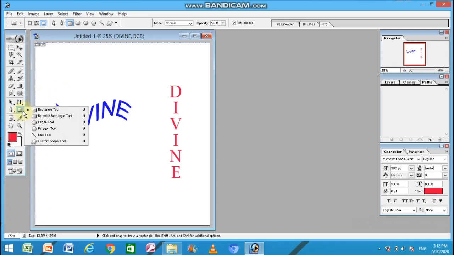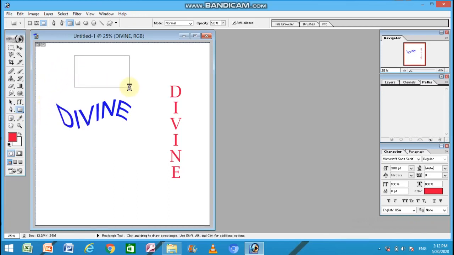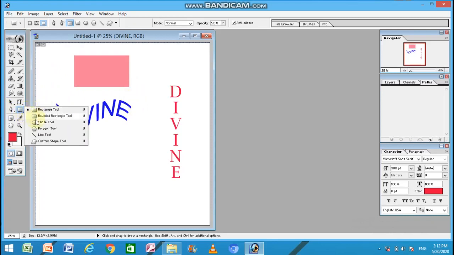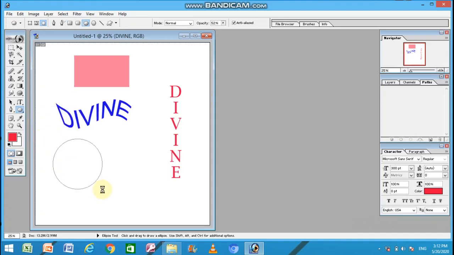So when you right click on this shape tool, you will get the context menu. From there you will get various options. Select your particular shape option and then drag the mouse onto the stage to draw that particular shape. Likewise, I am now drawing an ellipse. Just select the ellipse option and drag it onto the stage to draw the ellipse.